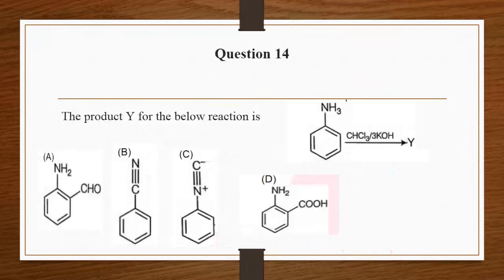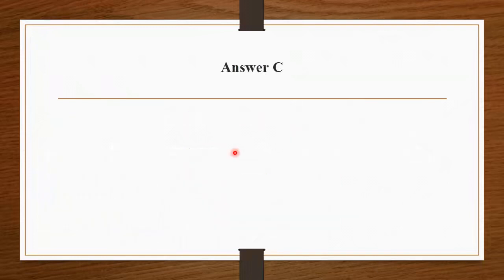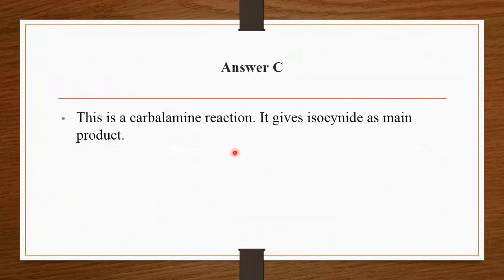Question number 14. What will be the product for the following reaction? We have 4 options. Option A, B, C and D. Here the answer is answer C,